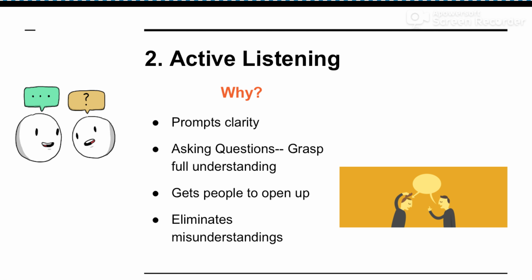Active listening is when someone is talking to you, you're asking questions, you're maybe taking notes, and you're really showing them that they have your undivided attention. What this does for a group is that it prompts clarity. It also gets people to open up and discuss more ideas, and can really eliminate any misunderstandings that someone might have in the group. An example of this would be if someone is speaking to you and you are actively listening to them, you're asking questions and trying to specify the true meaning of what they're telling you. There's no room for you to misunderstand what it is they're saying and do it wrong in the future.